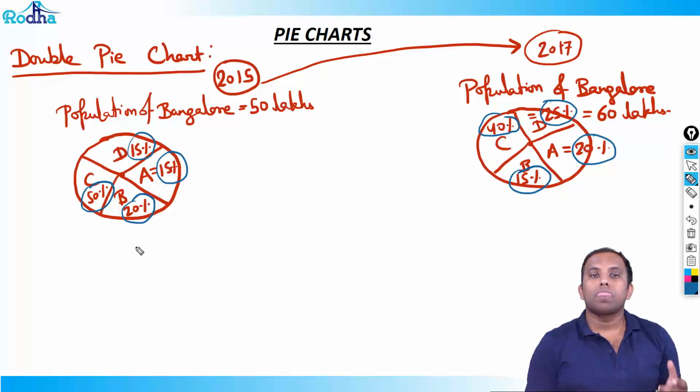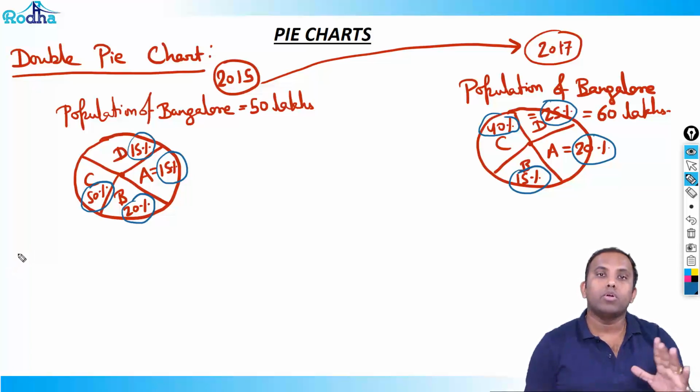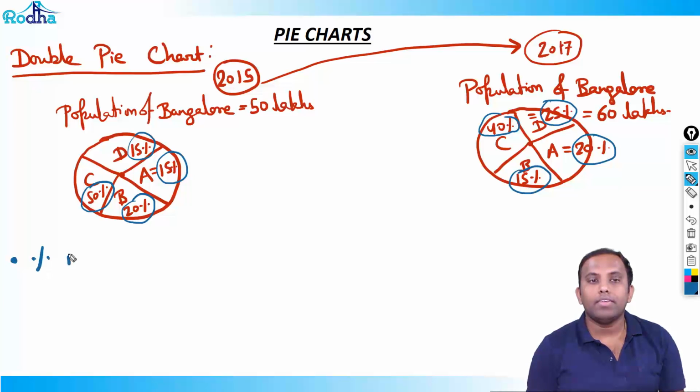Obviously, since Bangalore has only 4 areas, all these percentages should add to 100%, right? So 15 plus 15 is 30, plus 20 is 50, plus 50 is 100. Here also 40 plus 25 is 65, plus 20 is 85, plus 15 is 100, right? Now if I ask you, understand this concept very carefully. We'll do a good pie chart set on this, but get this concept. If I ask you the percentage increase in area A